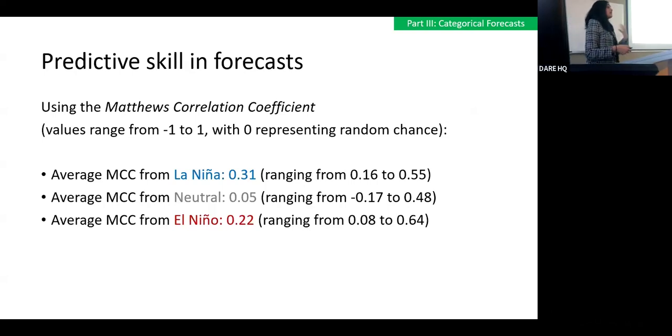So thinking about that sensitive initial state, we found that when you look at a neutral state, the skill is actually very bad across models. So you've got some models that even gave us negative values. So they performed worse than chance.